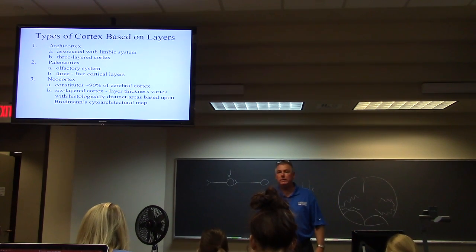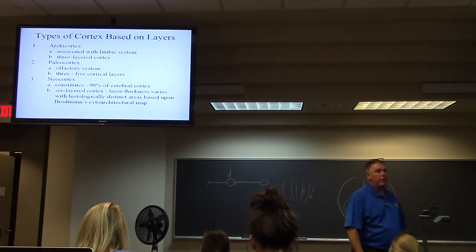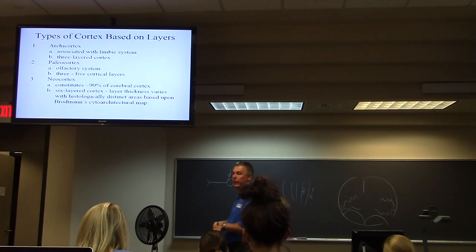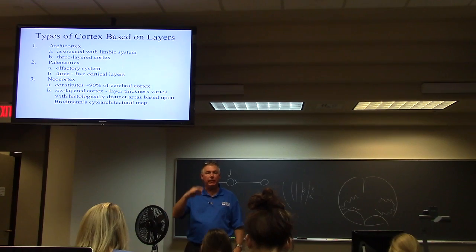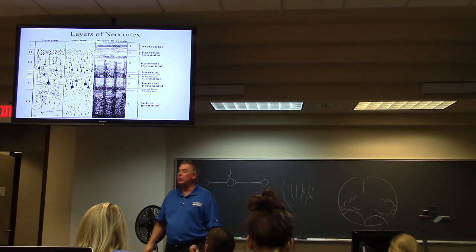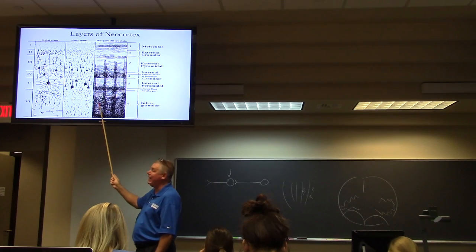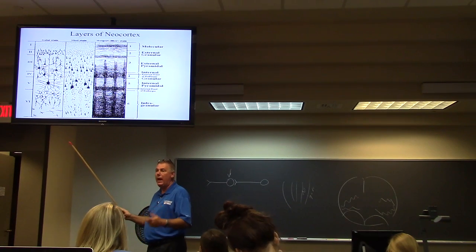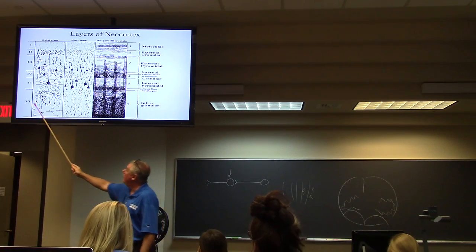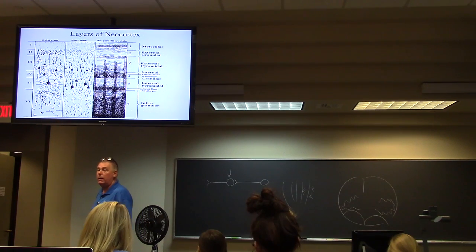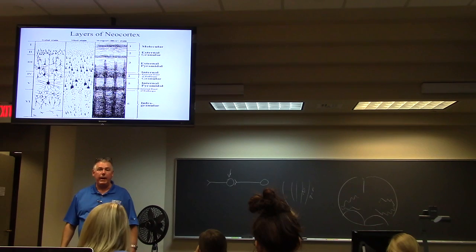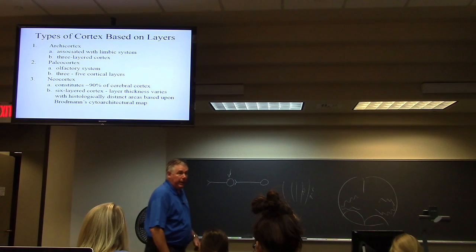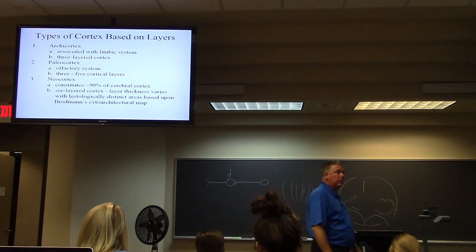There are three types of cortex based on their structure, based on their layering. The archicortex is the oldest cortex because it only has three distinct layers. And when I talk about layers, these are three different stains. Neurophysiologists and neuroanatomists have somehow decided that there are 6 layers in the most developed type of cortex. But if you look at the archicortex, it's only 3 layers, which would be, if you go back to the limbic system,